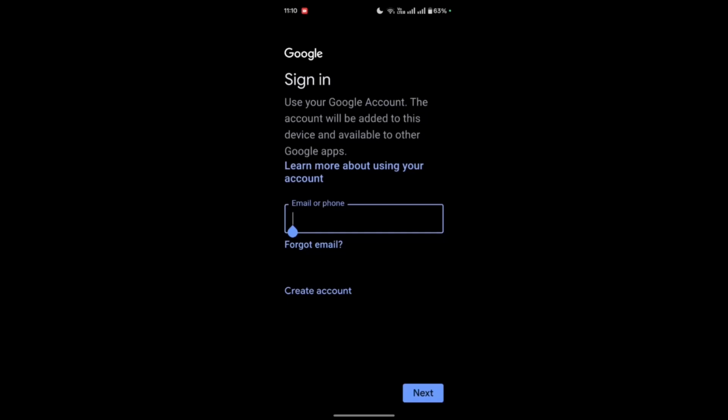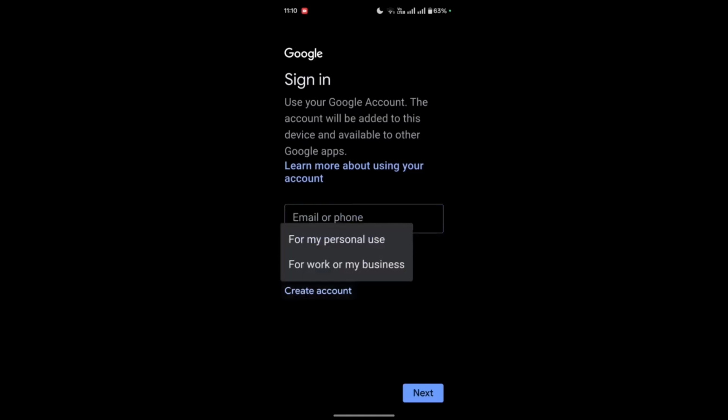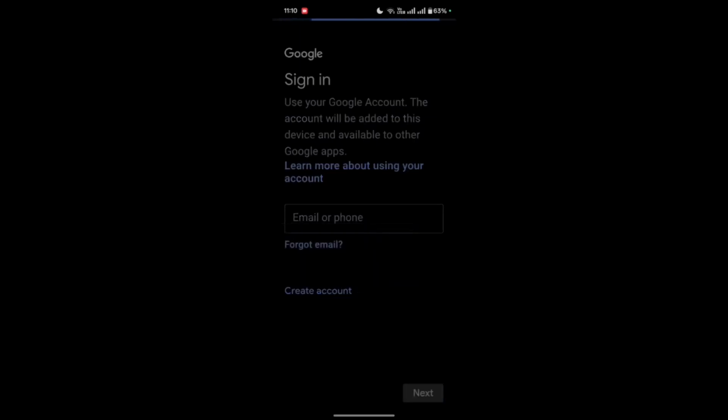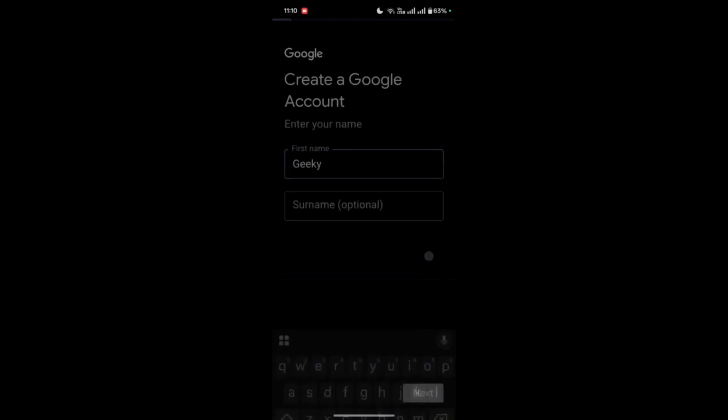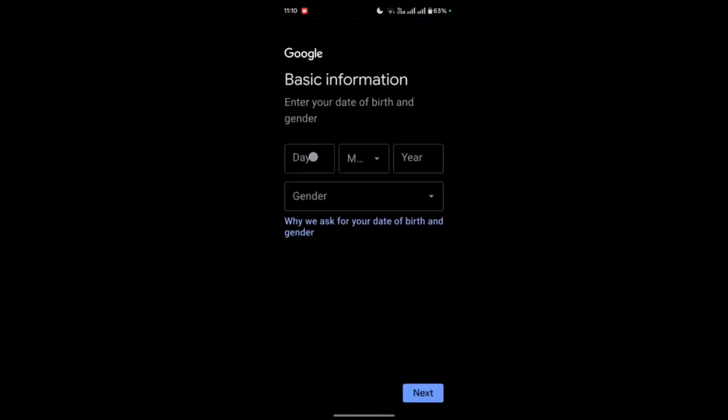However, if you want to create a whole new email account in order to log into Google Meet, then tap on create account. Then you can either choose for your personal use or for work or business. After you select any of them, enter your name. After you do that, enter your birth year,